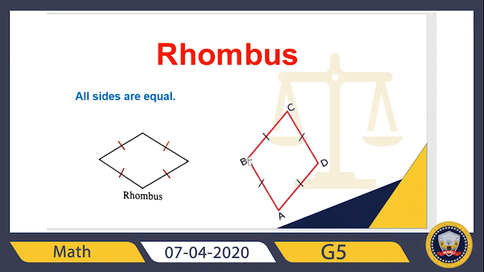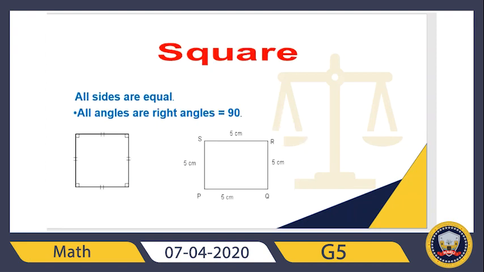يبقى all the sides inside the rhombus are equal. okay، يعني if this BC equals 10 cm يبقى DC equals 10 cm يبقى AD equals 10 cm and AB equals 10 cm. يبقى I can tell that this shape is a rhombus. يبقى ده أخوهم الثالث. طيب what about أخوهم الرابع the fourth member in this family the square؟